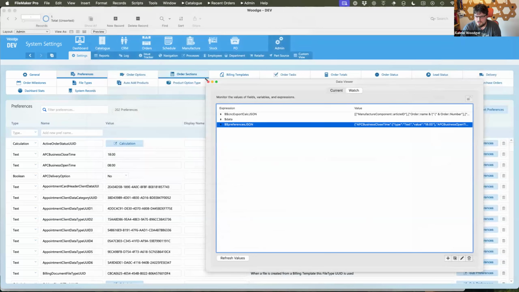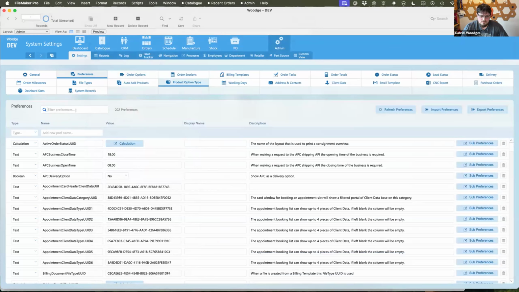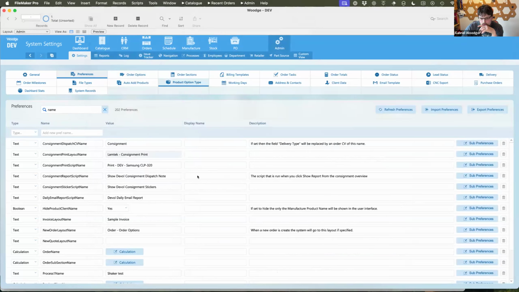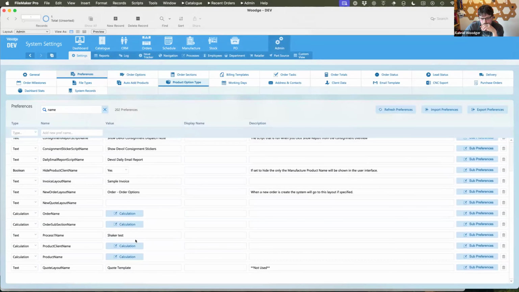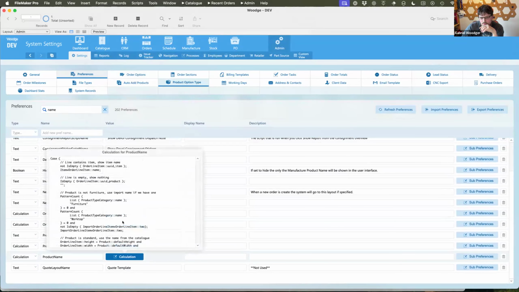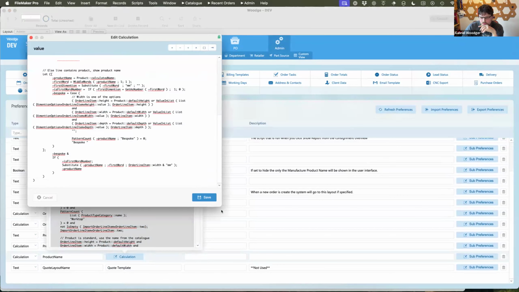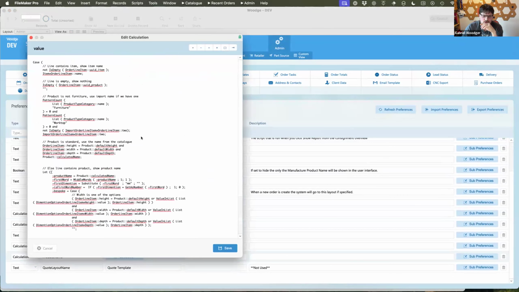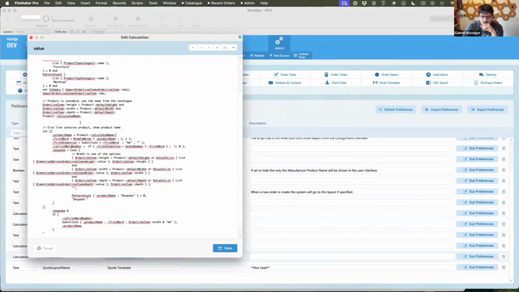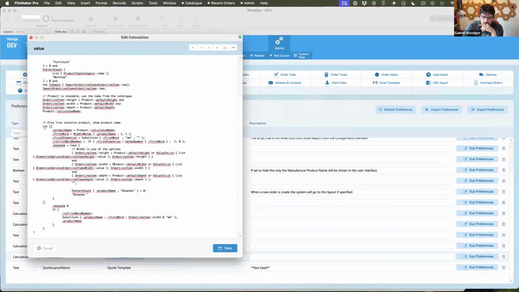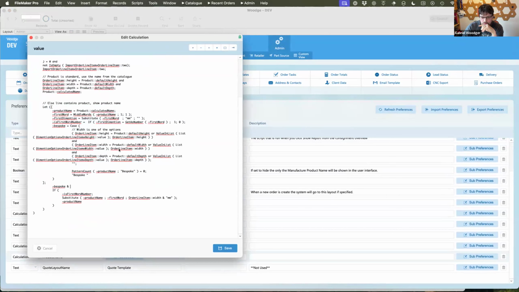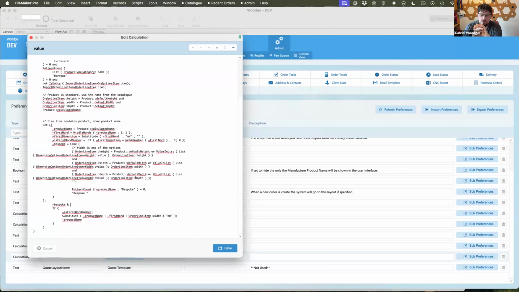So in lots of places, product name is a good one, we have in here what is effectively FileMaker calculations, but stored in data that basically allows us on a per system basis to say, right, well, in this instance do this, and in this instance do this, and if this instance then do a let with a whole load of other bits and pieces and execute SQL and do all sorts of stuff.